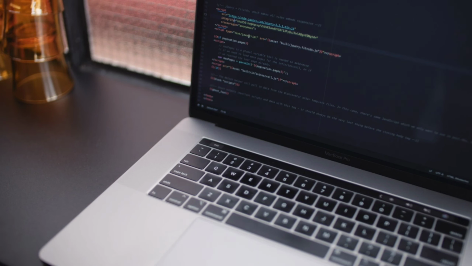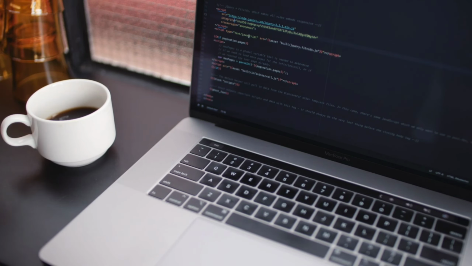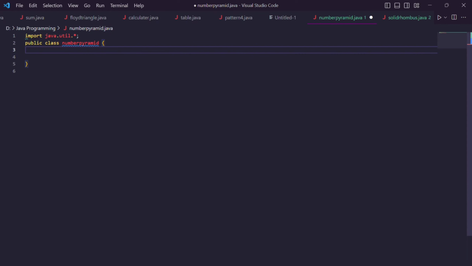Today I will teach you how to make a number pyramid pattern using Java programming. Let's code. First, we are importing the Java package and then we are creating a class NumberPyramid and then